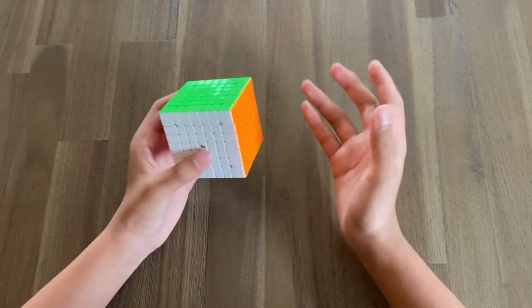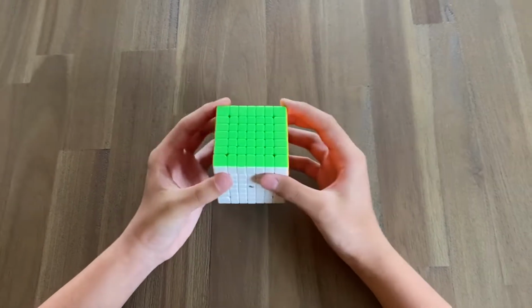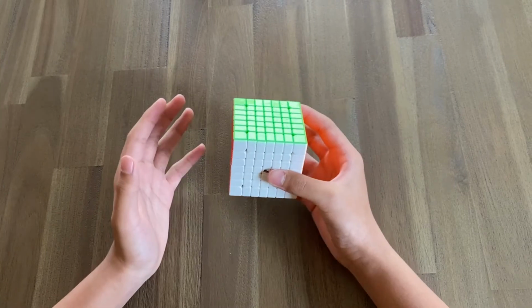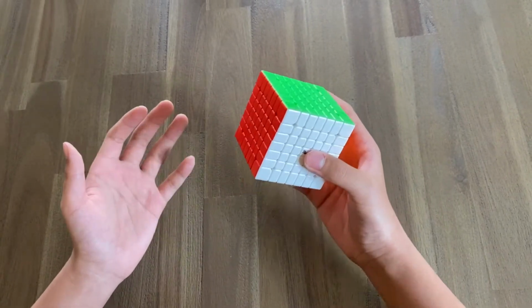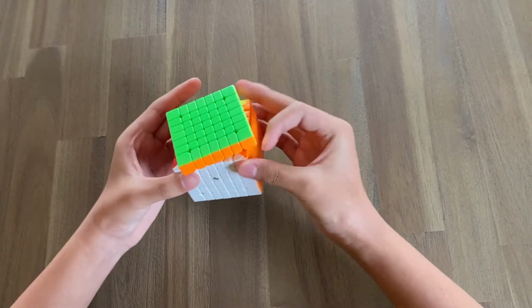Alrighty, so I did a couple of J-perms on each of the layers, and I have a pretty good idea of how the thing feels. It's a little bit sandy out of the box, but of course that's normal. My 6x6 also had that problem, but after I did a few solves, it went away, and it was a lot smoother. So currently,